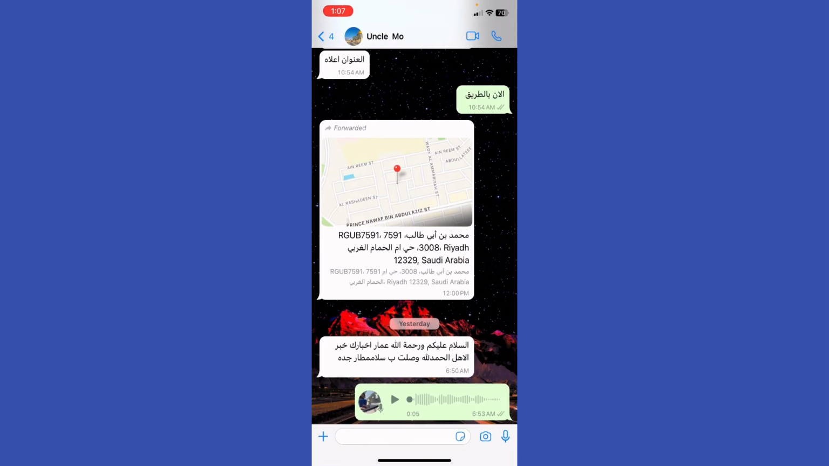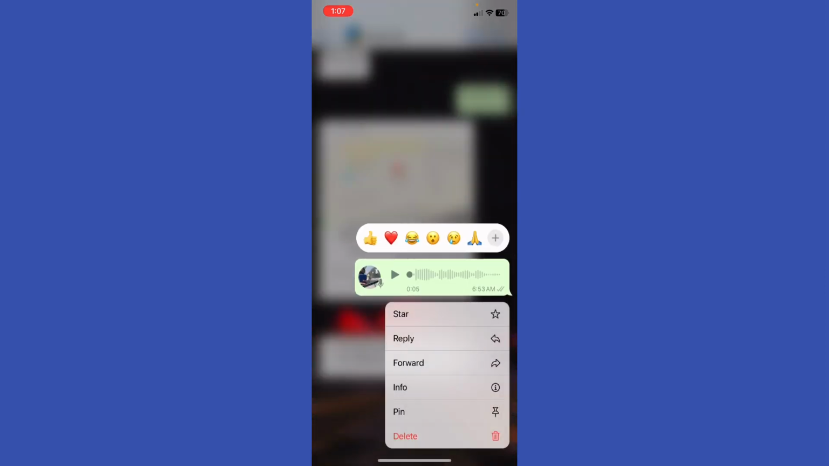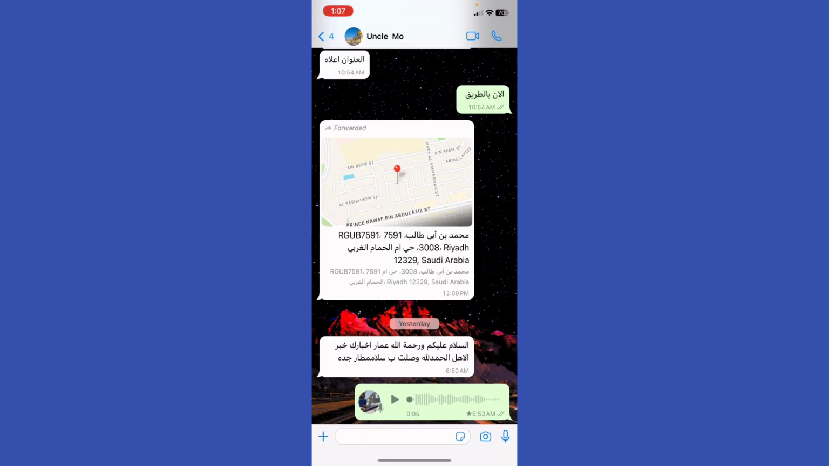Now what I'm going to do is hold this message, and as you can see, you will only see these options: star, reply, forward, info, pin, and delete, of course. So unfortunately, for now, you can't actually download by clicking download. But alternatively, what you can do is hit the star button, and it will